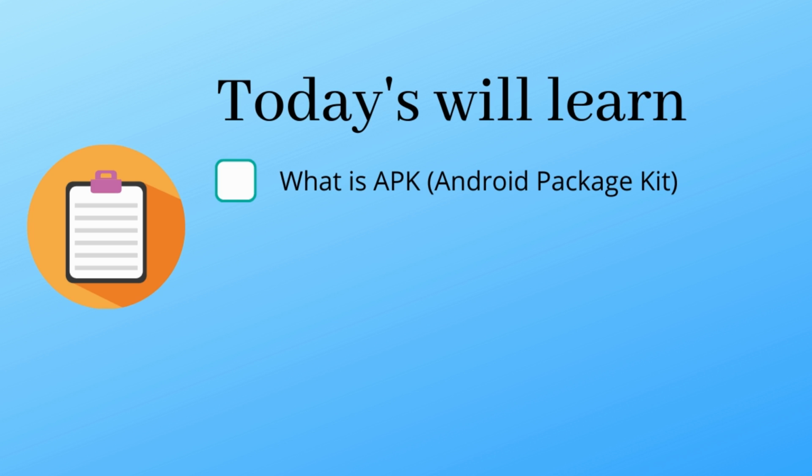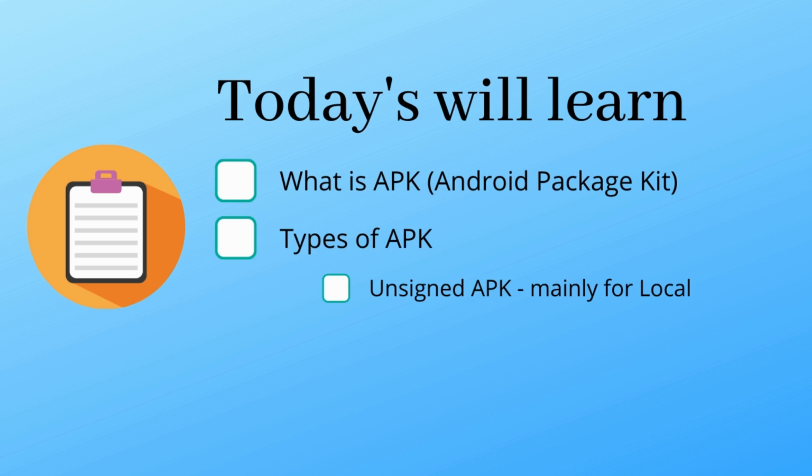Now this is the talk about APK, but how do we generate an APK? There are two ways to build an APK. The first one is that we can simply build an APK, or the second one is a signed APK. But what is the difference between both of them? Why do we have two APKs? It's like normal and with signature.